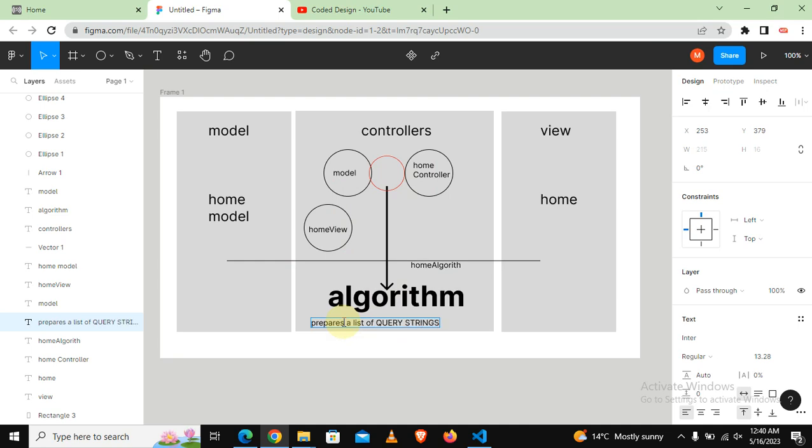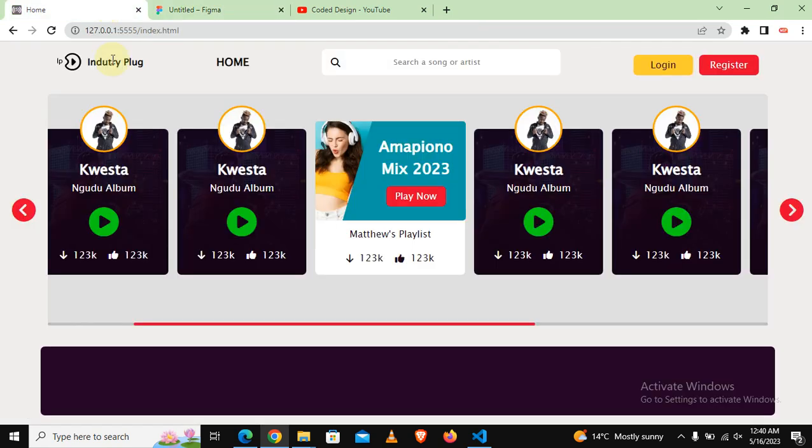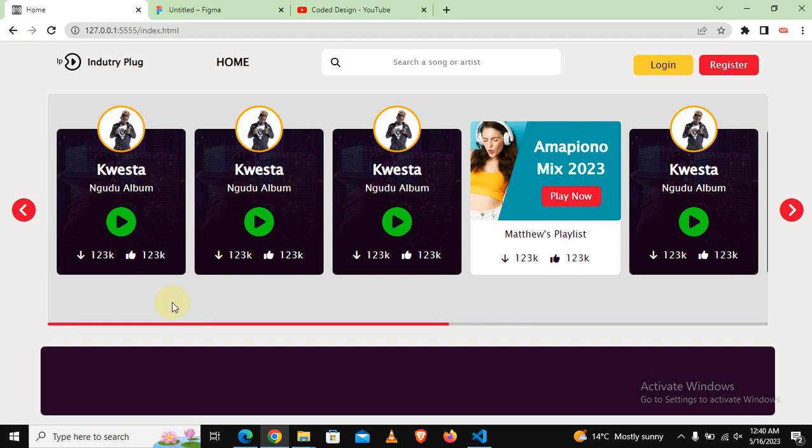Meaning that before we go to the model class and say select all from what, select this, who creates the list of the query sections? It's the algorithm. So let's now put that into perspective. The algorithm's first query string will be: select the top 3 songs from the table songs, in the criteria of most viewed or trending. Technically it means the most viewed songs, or the songs that have got the most searched hashtags. So the criteria might differ, but at least you understand the essence of how we query this